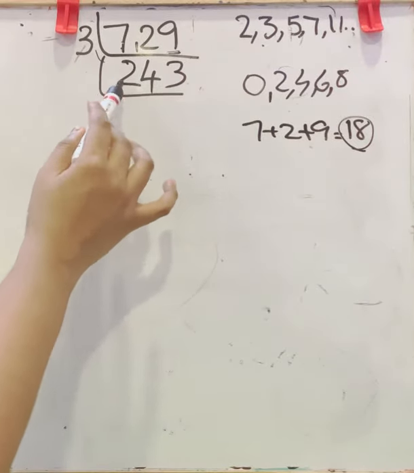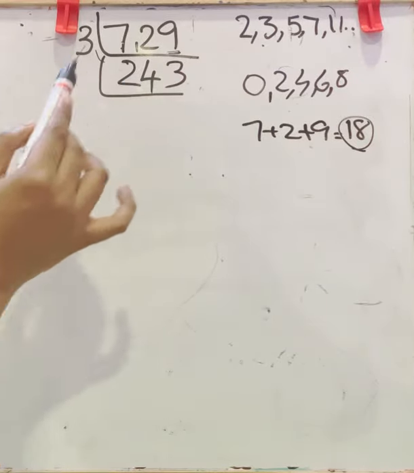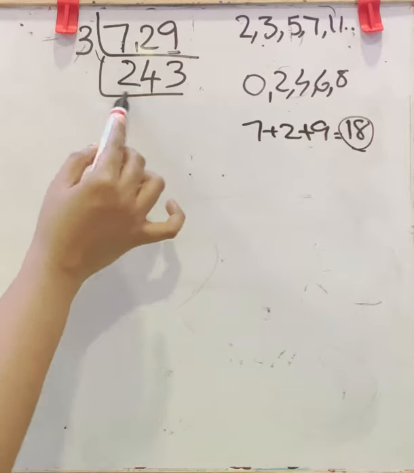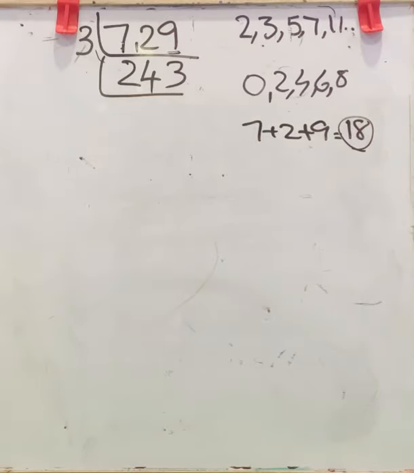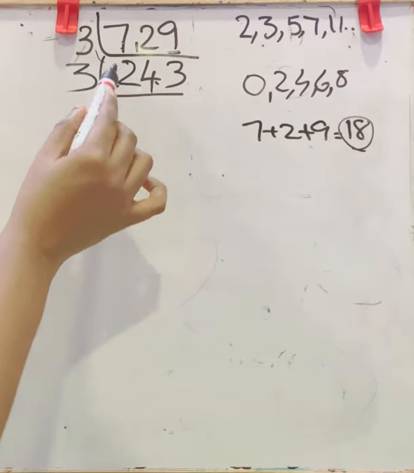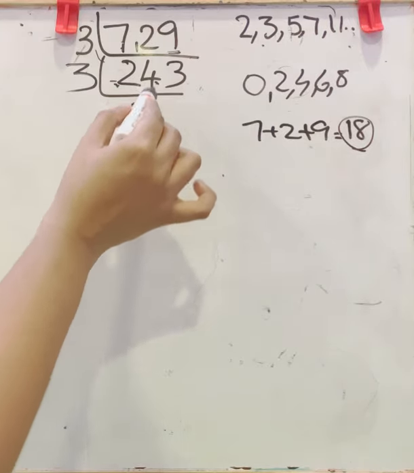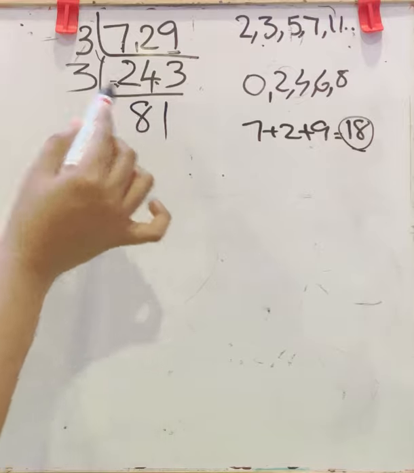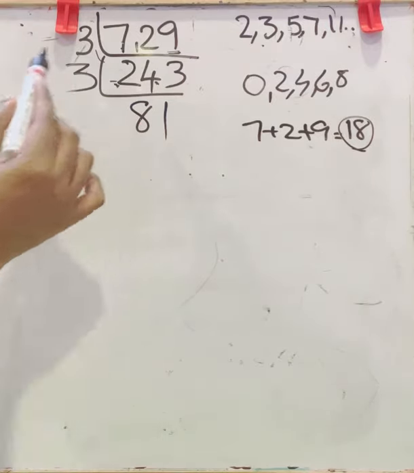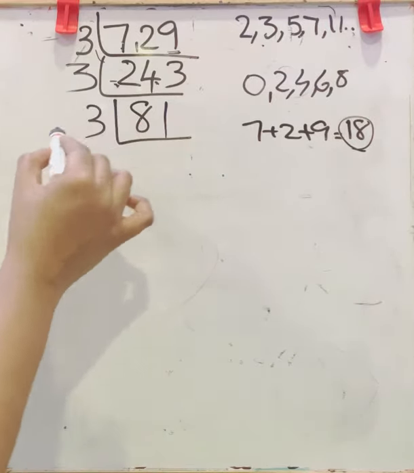Okay, so forget about this 2. How will you check the divisibility? 2 plus 4, 6, 6 plus 3, 9. 9 is a multiple of 3, so 243 will be a multiple of 3. So you can factorize it in 24. You can't factorize with 2, so take 24 along. 3, how many times in 24? 3 8s are 24. In 3, 1 time. Again, 8 plus 1, 9. 9 is a multiple of 3, so you can do again with 3.